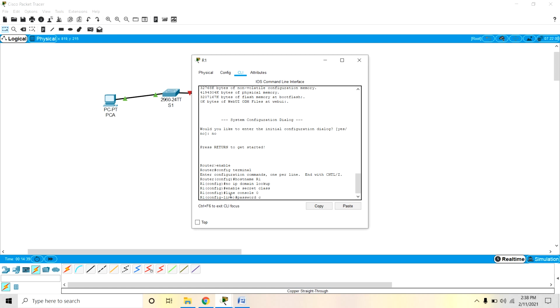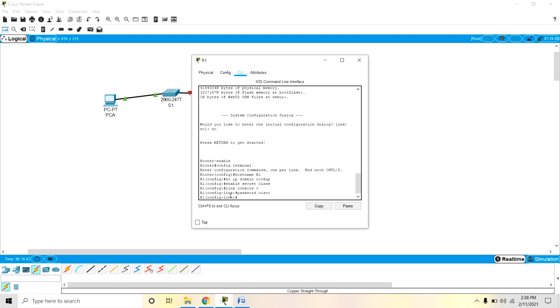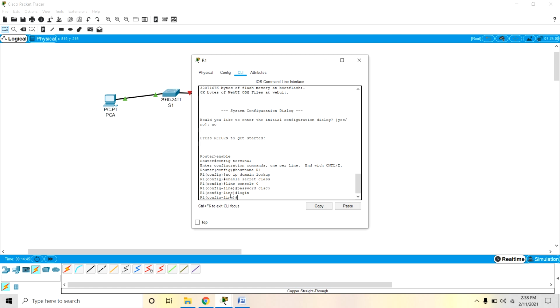We will give Cisco, for example, and login.